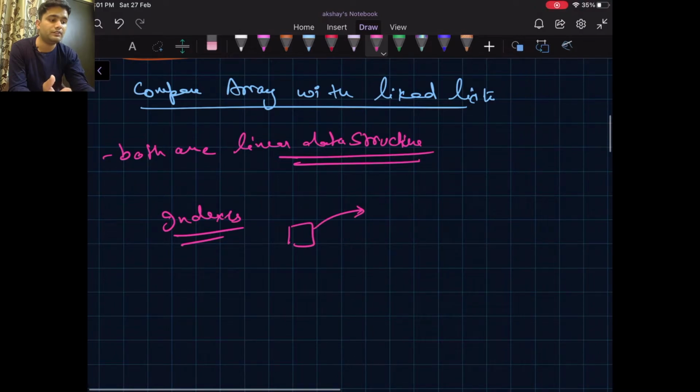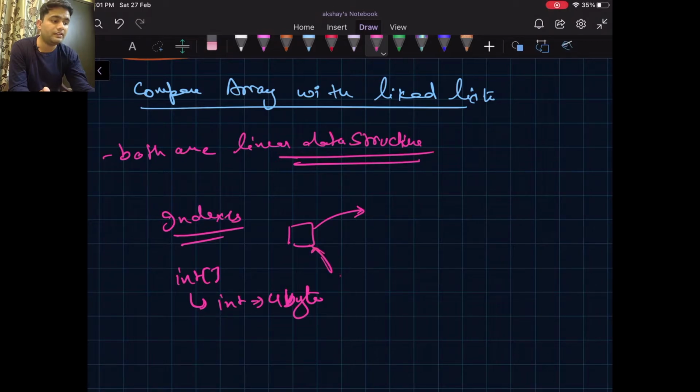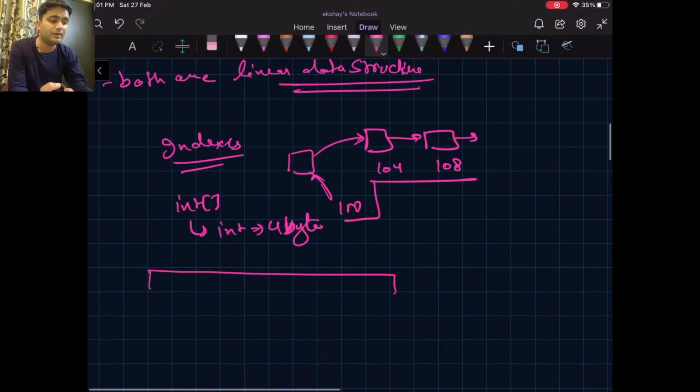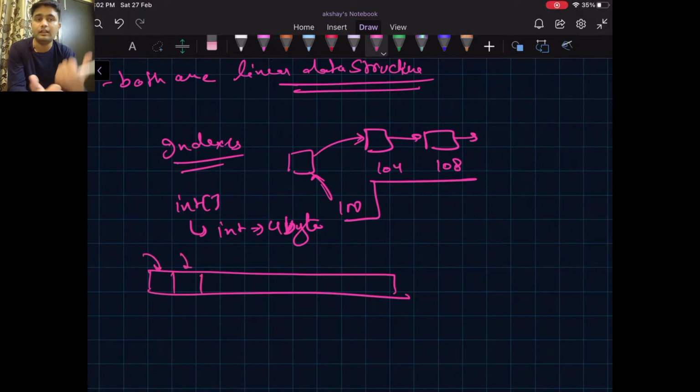So if we consider an integer array, and we suppose that an integer is of 4 bytes, and the start of the array is at 100, so every next index will be at 104, then 108. So this is like a predefined structure. It is contiguous in memory. If one thing is here, another thing will be its neighbor, and it is definitely true that it must be a neighbor. That is why we can leverage the functionality of indexes in array.